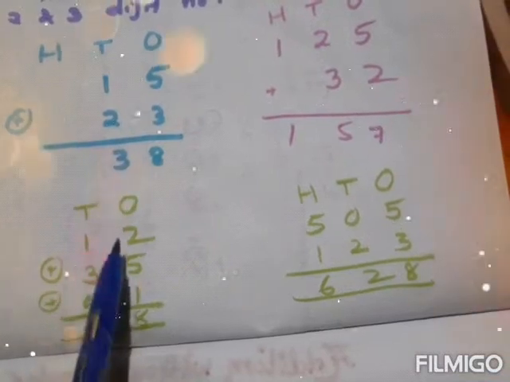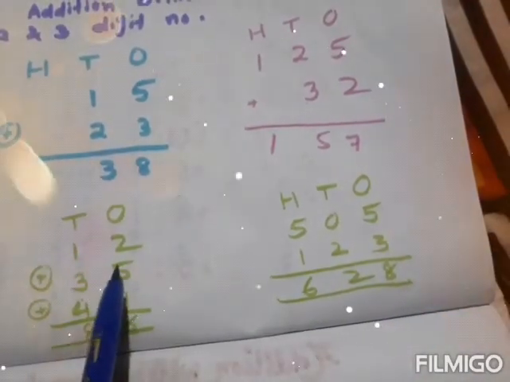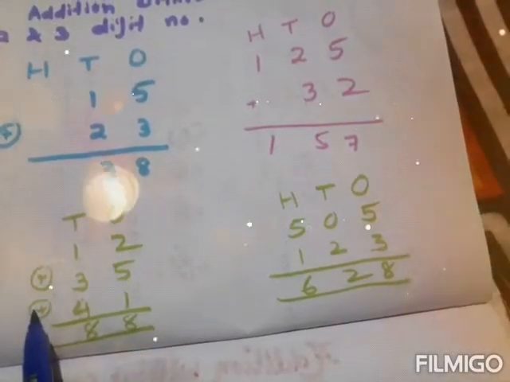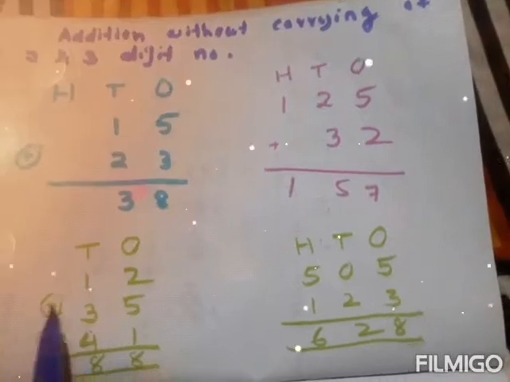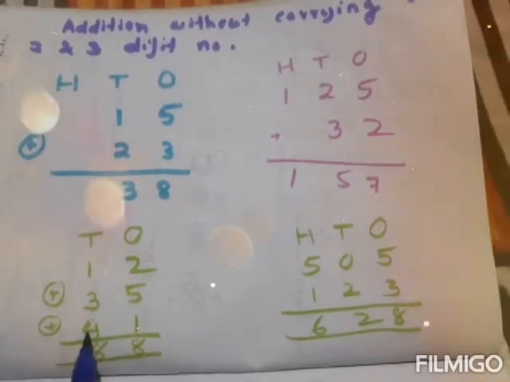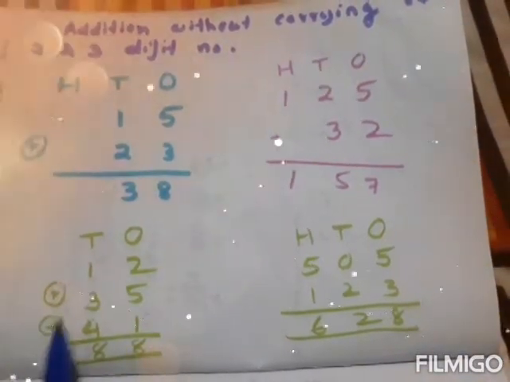Now I have to add 2 plus 5: keeping 2 in our mind and 5 in your hands, 2 after 3, 4, 5, 6 and 7. Okay, now 7 again keeping in your mind, plus 1, means you have to count forward, 7 after 8. So I will write 8 here. Then coming to the tens place, 1 plus 3: 1 counting 3 forward, 1 after 2, 3 and 4. Finally 4 plus 4: keeping 4 in our mind, 4 after 5, 6, 7 and 8. So the answer is 88.